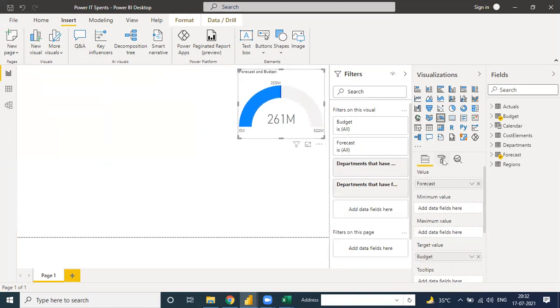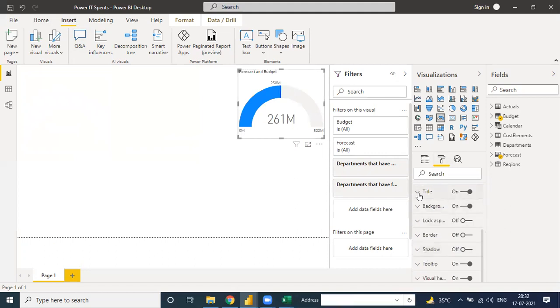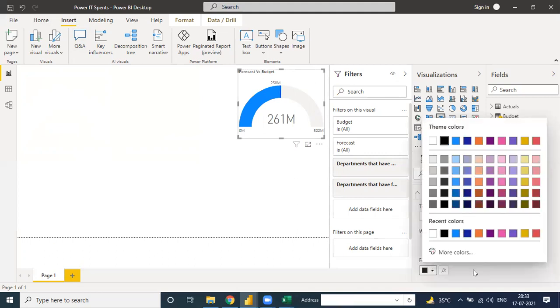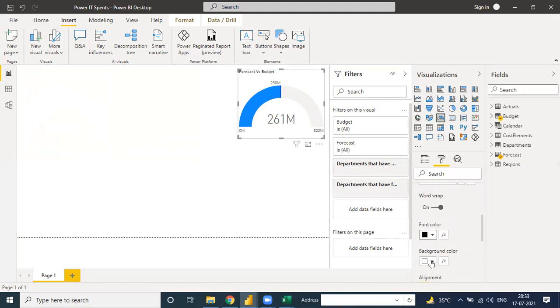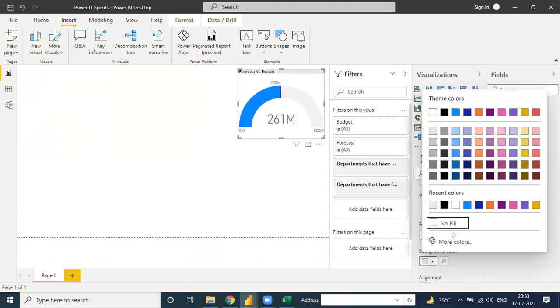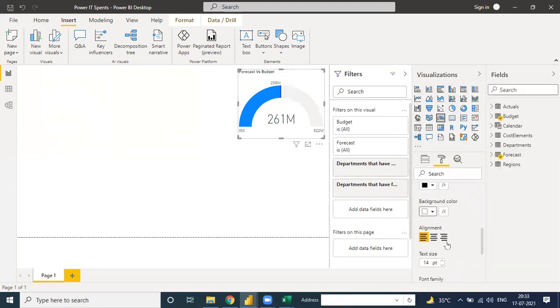Then you need to format as per your data, like the title. Suppose you need to change it to forecast versus budget, change the font, and change the background, or take something white, middle, size if you need to change.